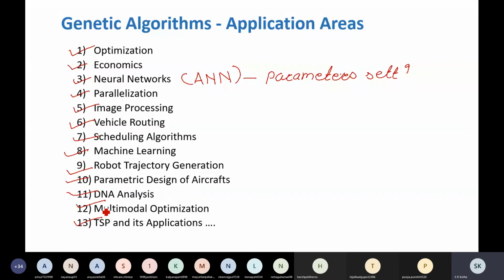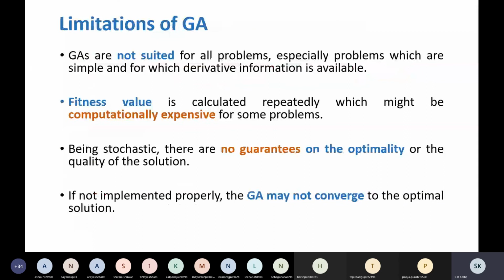You can find various research papers where people have been using genetic algorithm successfully. This traveling salesman problem example, you will find in your books, where it is discussed how to use genetic algorithm for solving the TSP problem. But there are some limitations of GA.